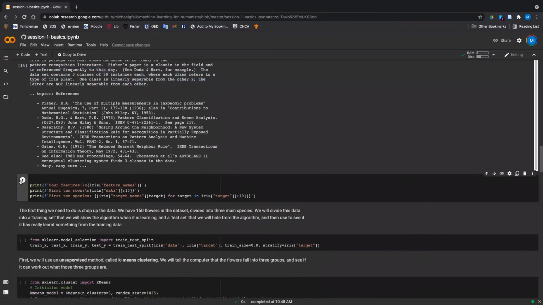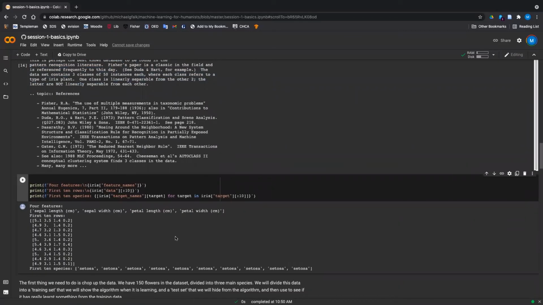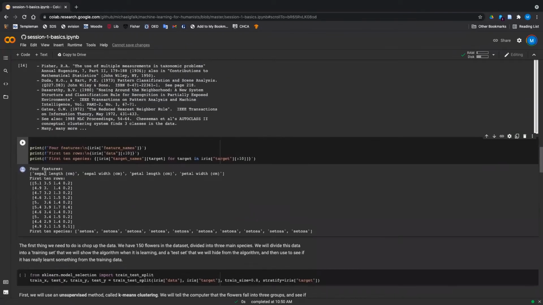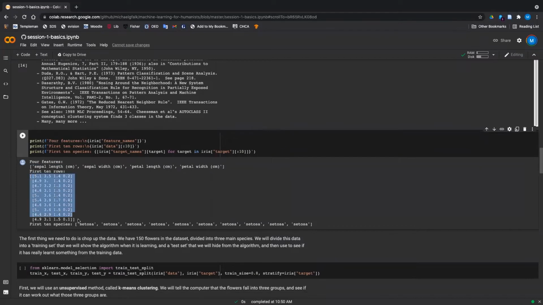And if you execute this cell here, you'll see a little bit of the data. So first we see the 4 data points about each flower, you know, the sepal length, sepal width, petal width in centimeters. Here we can see the first 10 rows of the data. So you can imagine it like a spreadsheet. There's a spreadsheet hidden in Python right now, and each row represents 1 flower in the data set, and each column is one of the 4